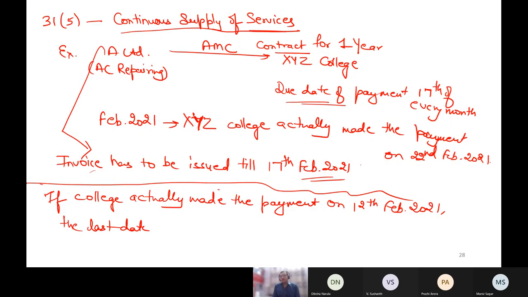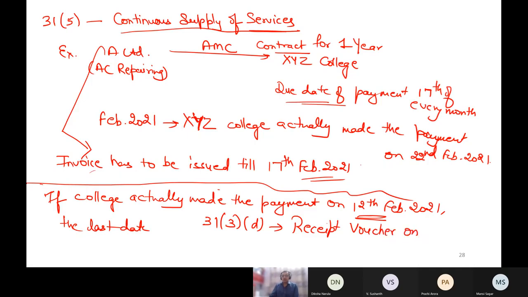Don't you remember that first line of section 31.5? Subject to the provisions of section 31 subsection 3 clause D, where receipt voucher has to be issued the moment payment is received. Now if the person has made advance payment, then ignore the invoice. 31.5 you will not apply. You will apply what? 31.3D, and as a supplier you have to issue receipt voucher